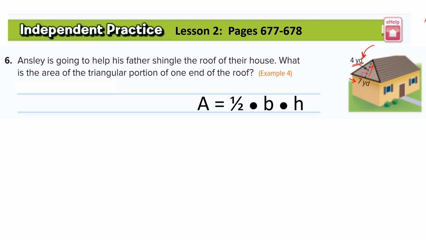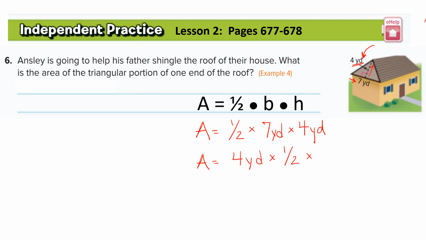Area equals 1/2 the base times the height. So we don't know the area, but we have 1/2 times the base, which is 7 yards, times the height, which is 4 yards. Because of the commutative property of multiplication, I can rearrange my problem. I've completely rearranged it, but that's okay because it's a multiplication problem. So I'm going to multiply 4 yards times 1/2 first. 4 times 1/2 is 2 yards,